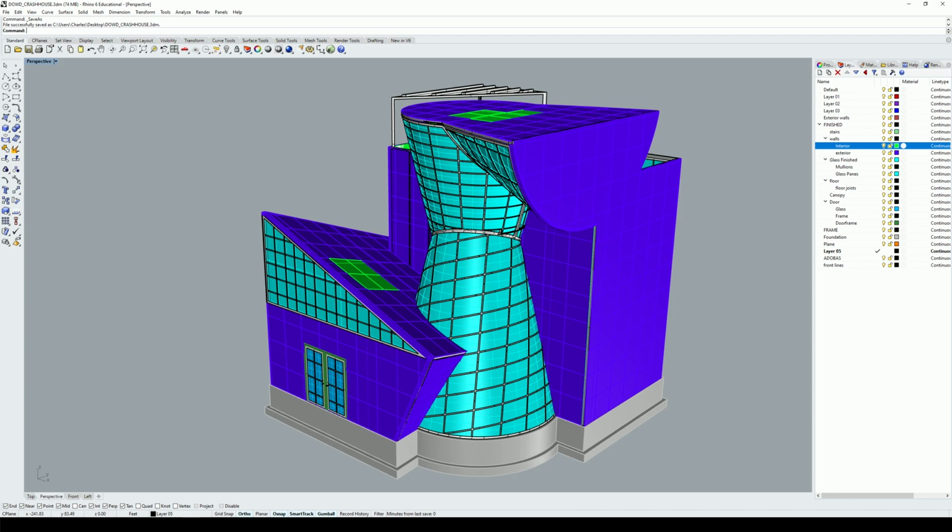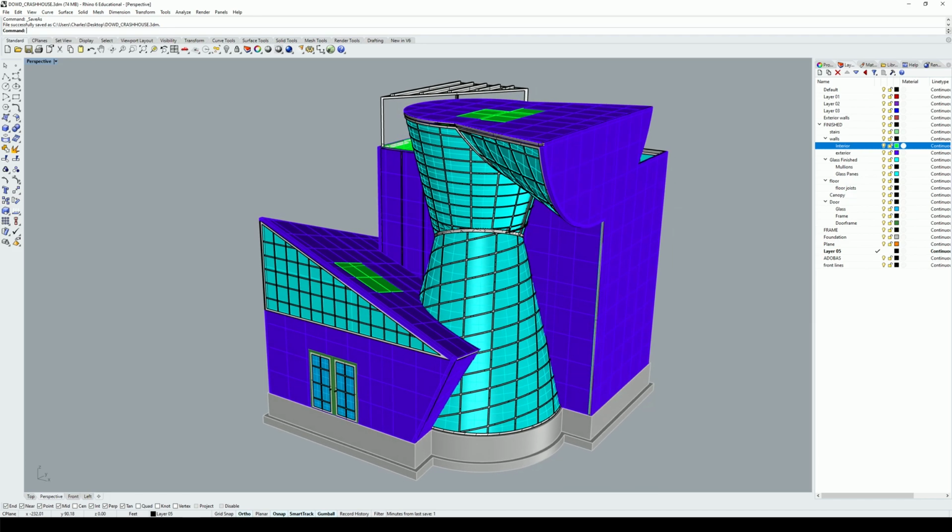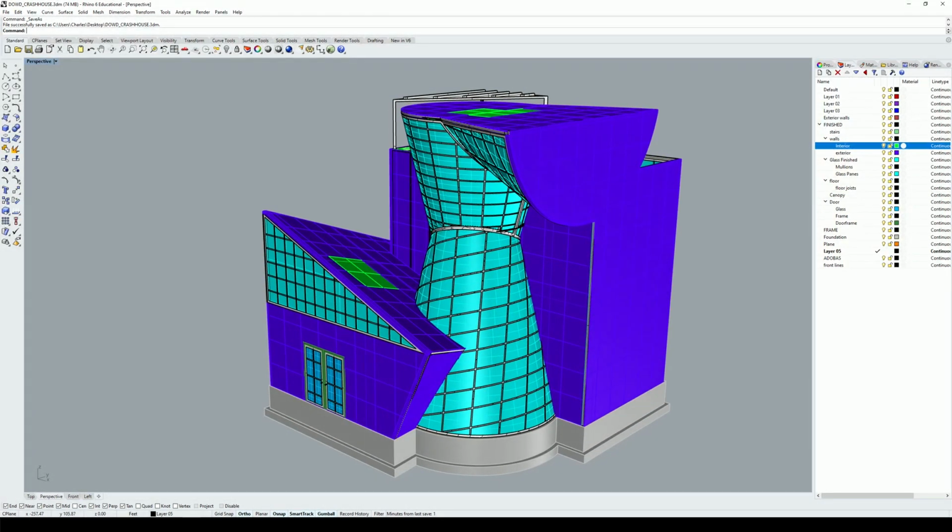So first, before we go any farther, we're going to save it as a new file. Saving a new file is always a good habit to keep because in case your file corrupts or you lose it or you don't have it on the machine that you want it to be on, you can always go back and find a previous file that was saved recently. So I always make it a habit to save a new file. You'll want to definitely do it for this, as we'll be modifying your model in order to create